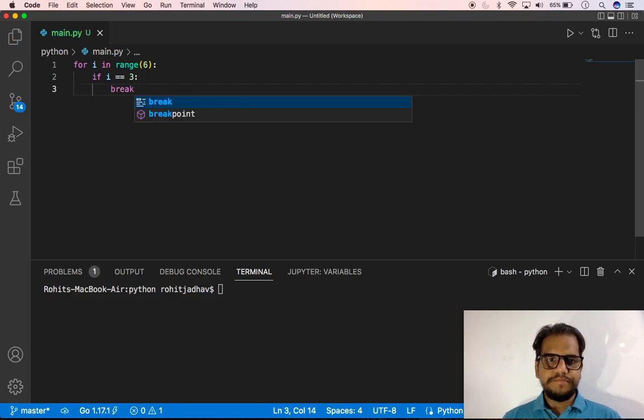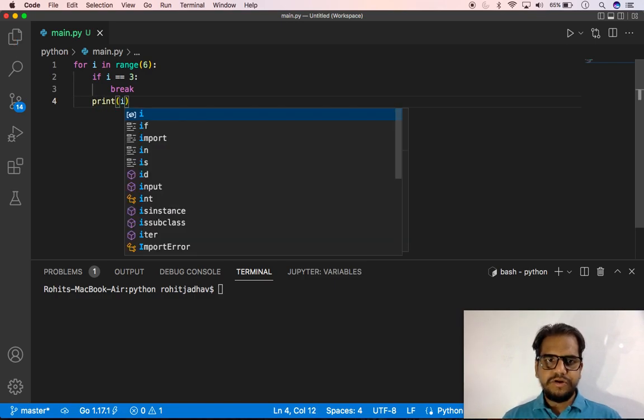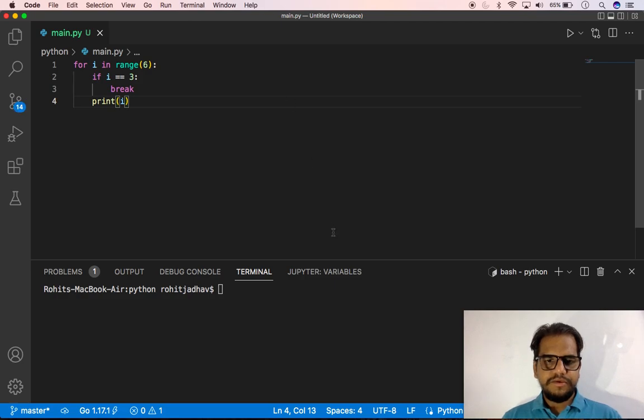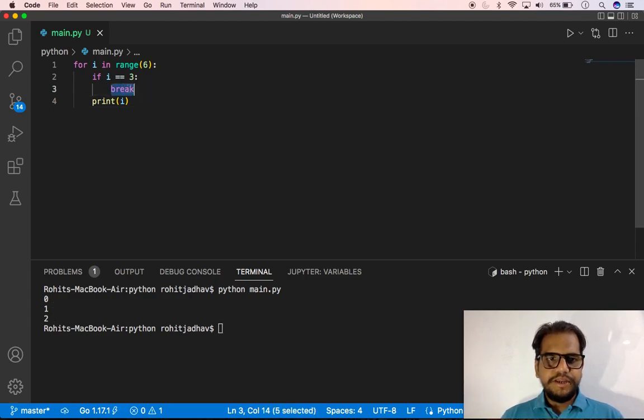So simple. And after that we use the print function for i. So we can check here: python main.py, and yes, the output is coming 0, 1, 2,